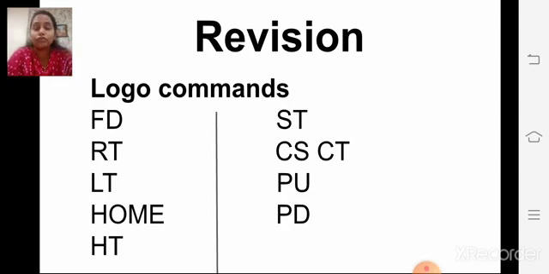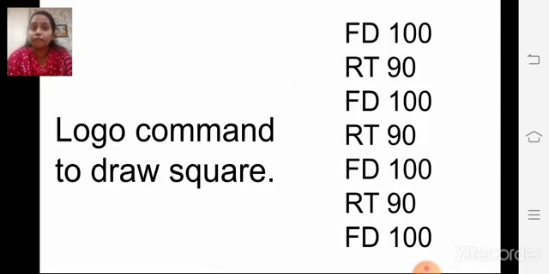In that I will show the whole logo screen again. Fine children. Now see. First, see, this is the program to draw a square in logo. This is one program. These are all primitives. Okay children. This we use to draw a square in logo.